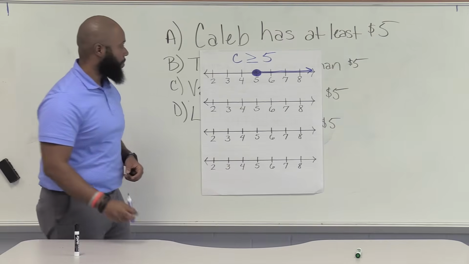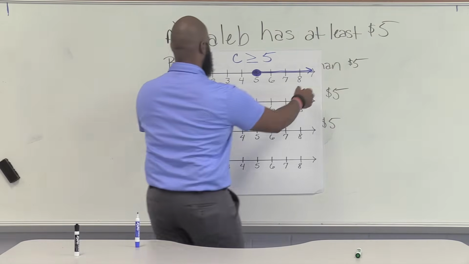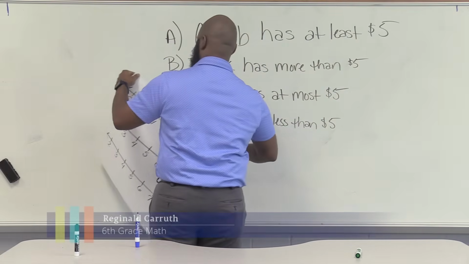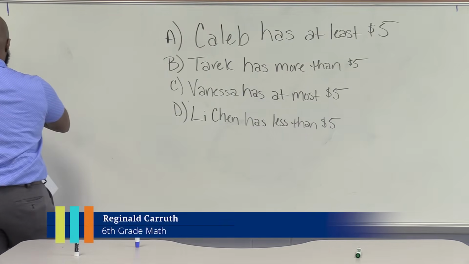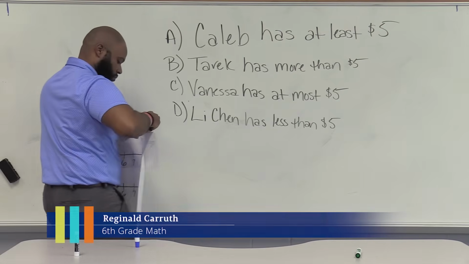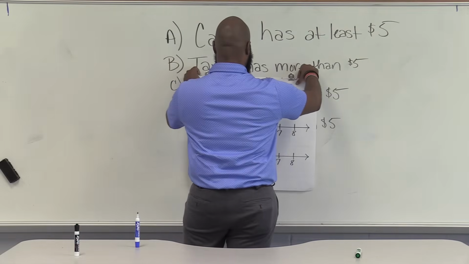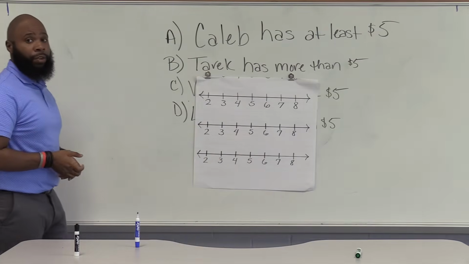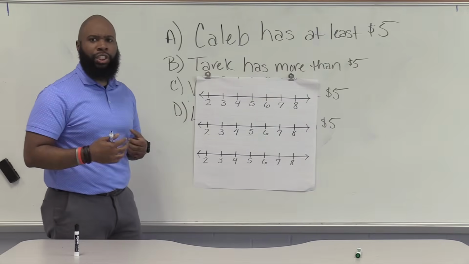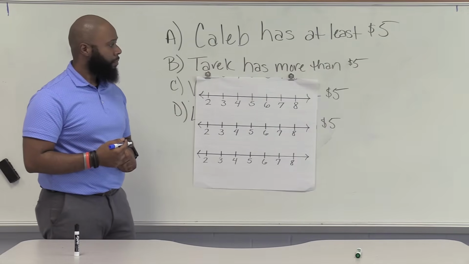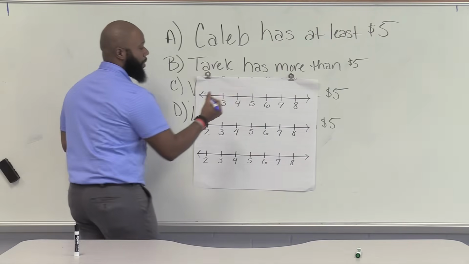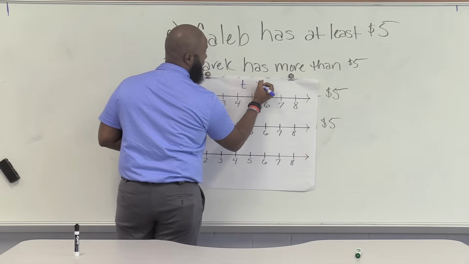to the right of 5 to let me know that all of these are part of my solution. Let's look at Tarek's. We're going to look at Tarek's situation, and we're going to create an inequality in a number line for him. So the situation reads, Tarek has more than $5. So how can we show this inequality? You're correct. I can do T is greater than